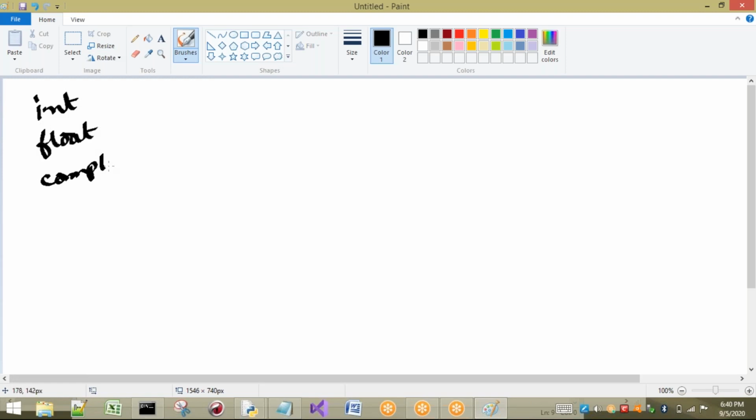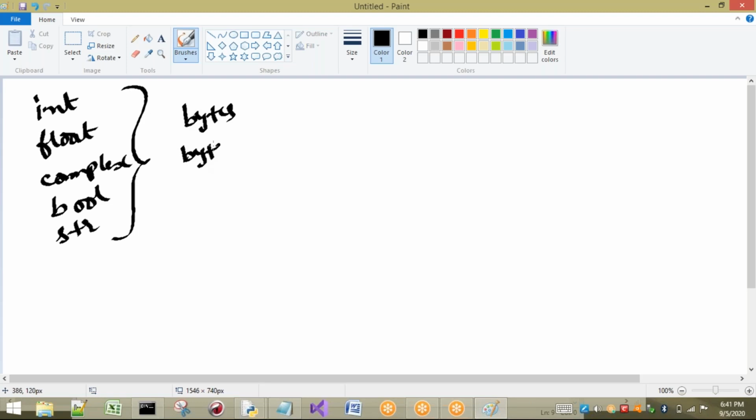For complex numbers, the complex type. Next, for boolean, go to the bool type. For a group of characters, go for str. And if you want to store a group of byte values, you can go for bytes and bytearray.